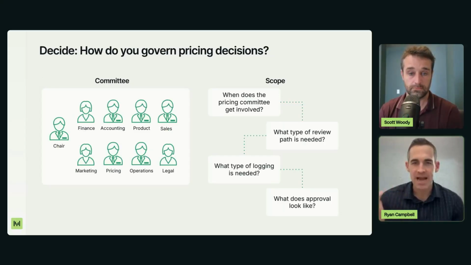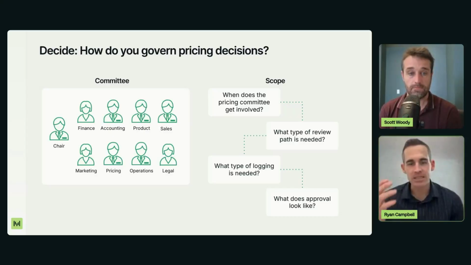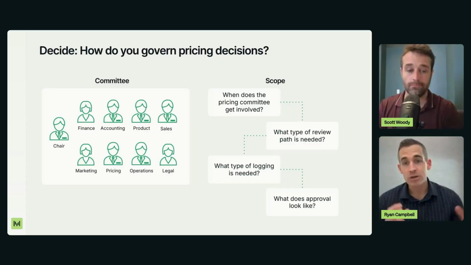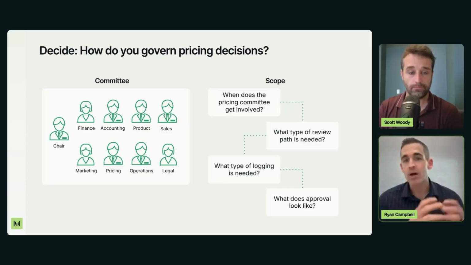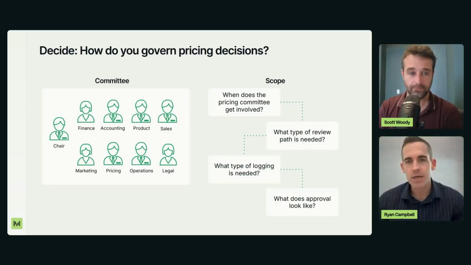How do you make the actual pricing decision and make sure that everybody in the company is aligned on that decision and that it makes sense across all the buckets we've been talking about? Now, traditionally, a lot of people have organized around a pricing committee, right? Or some sort of governing body that involves a lot of your core functional stakeholders to make sure that their concerns and how that price will affect their team has been addressed and thought through, right?